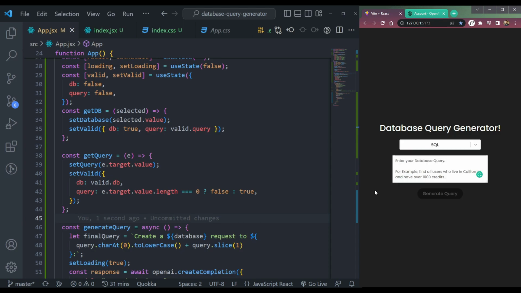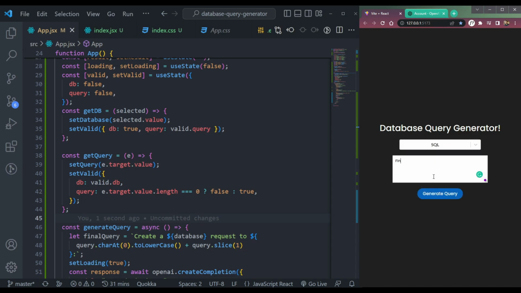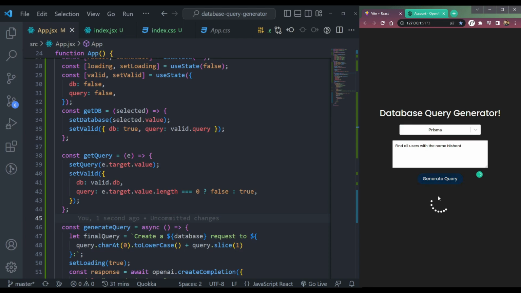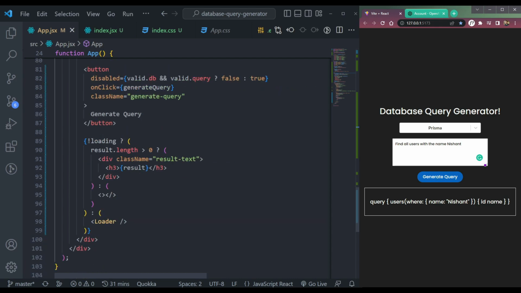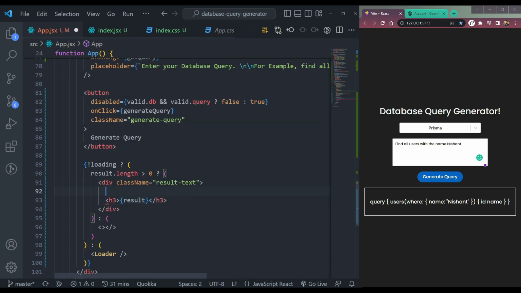What is it? This query. So let me create one request called find all users with the name Nishan and select database called, let's say, Prisma. Click generate query. We will see the loader. Okay, and we will have this. So let me create one copy button here to copy that text. So let's do it, I think here in this. So we can say a button,